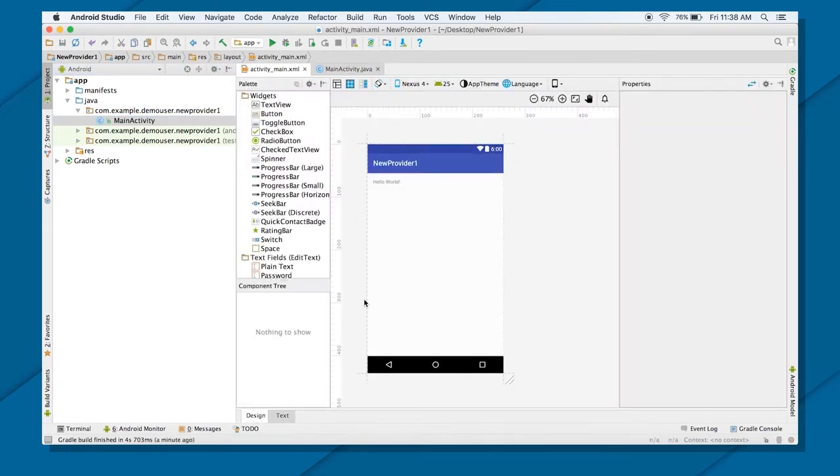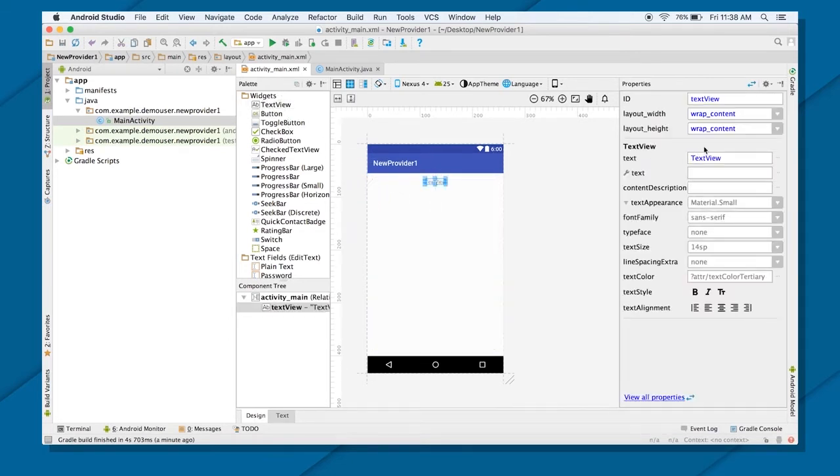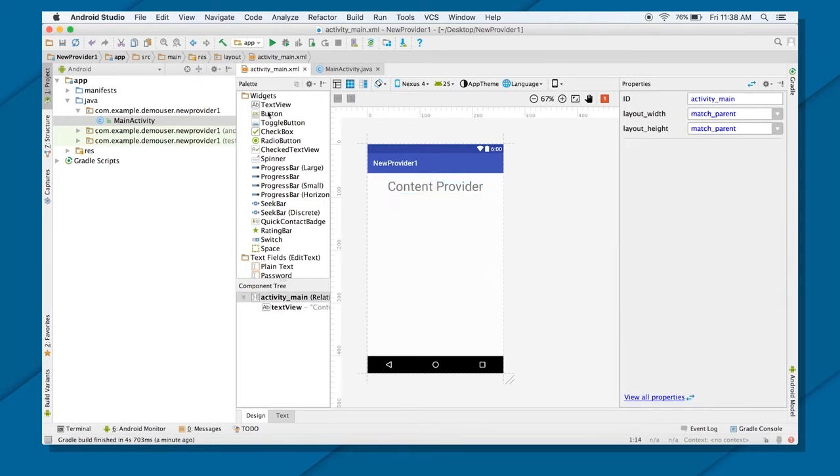For that, I'm going to create a new UI first. I'm going to call it content provider. I'm going to increase the size to 36. Then I'm going to drag and drop two edit texts where the user can enter data.